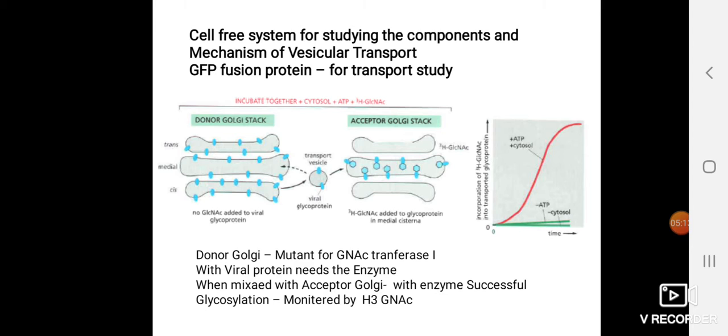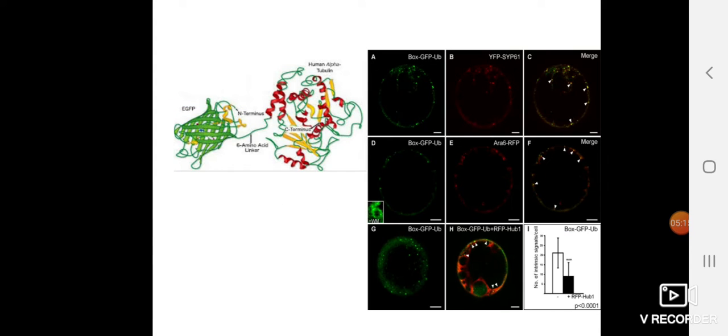You can see in these fluorescent diagrams that initially it was there only in the donor Golgi. Now slowly the fluorescence starts moving into the acceptor Golgis,